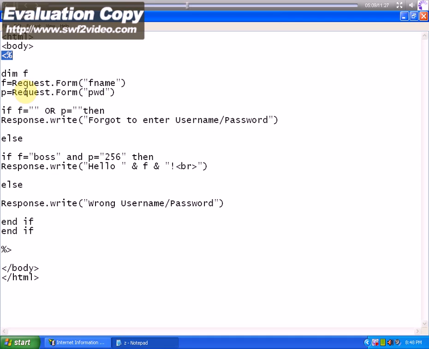That is, it will fetch the username, whatever we type on the web pages, and it will be loaded to f. And then it's a simple condition: if f is null or p is null, either f or p is null, then the response must be forgot to enter username or password. Else,